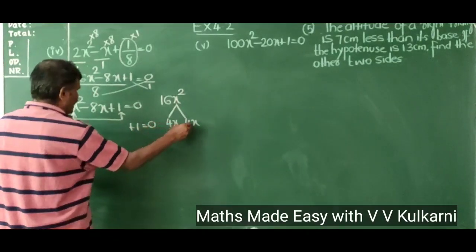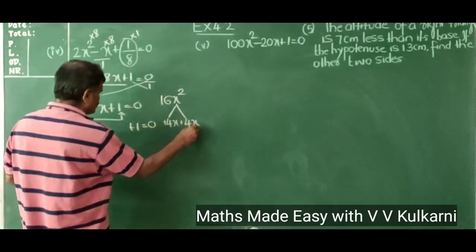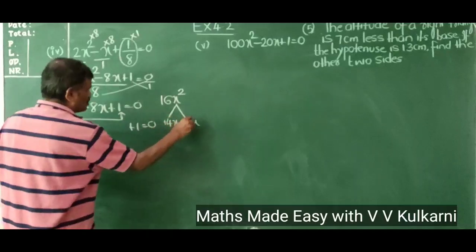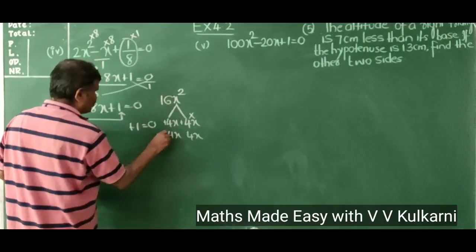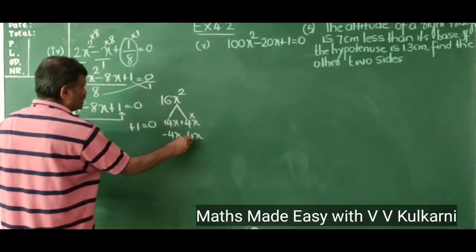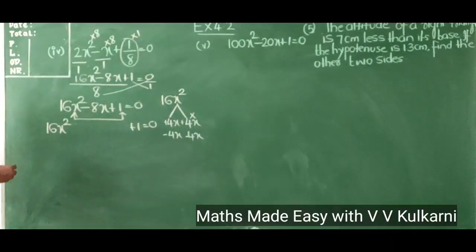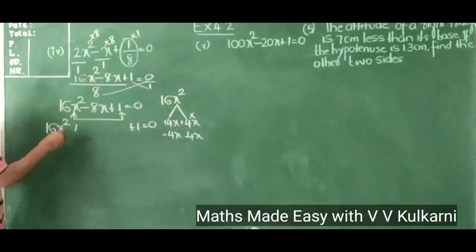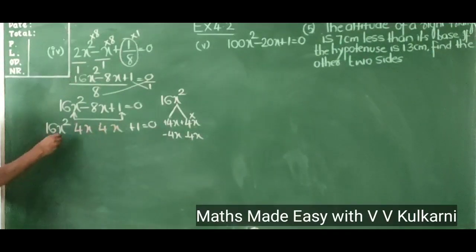Now in order to add 4 and 4, one method is both plus, but if you add both positive, then you will get plus 8x, which is not required. Then what to do, sir? Go for both negatives. If I take both negatives, then minus of minus is plus, 4 into 4 is 16 and x into x is x square. So I'll write the factors of 16 as 4x multiplied by 4x, and I'll write this as minus and this as minus.